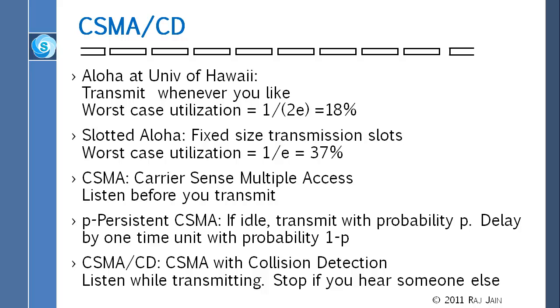Then we say we do this, which is P persistent CSMA, which is that if it is idle, we flip a coin and decide whether I should talk or not. And then that increases the probability. And then the final one is CSMA-CD, where we do the collision detection. So we'll see the probability one by one slowly later on. We have formulas. But right now,